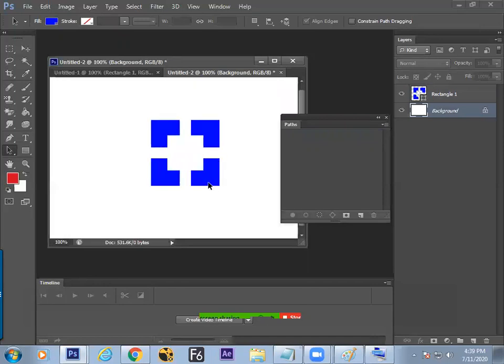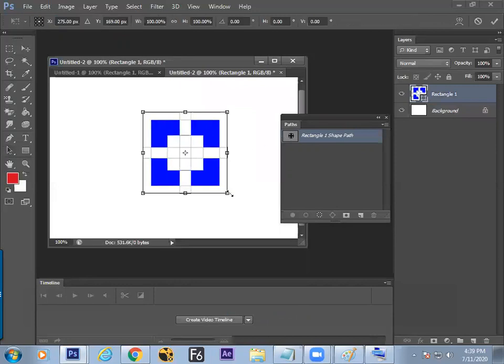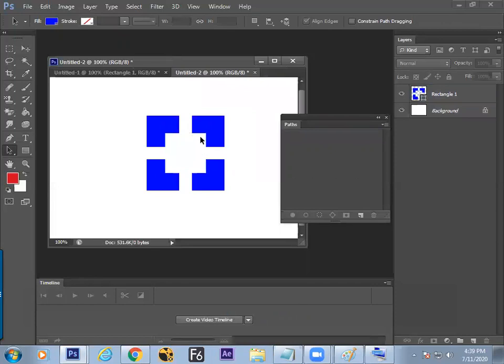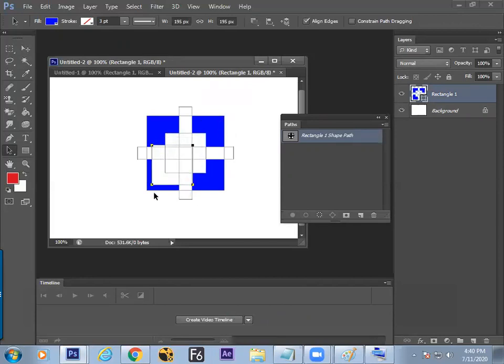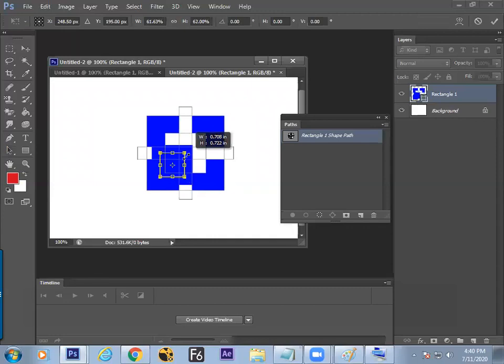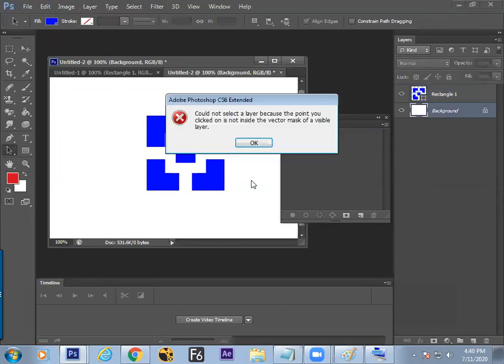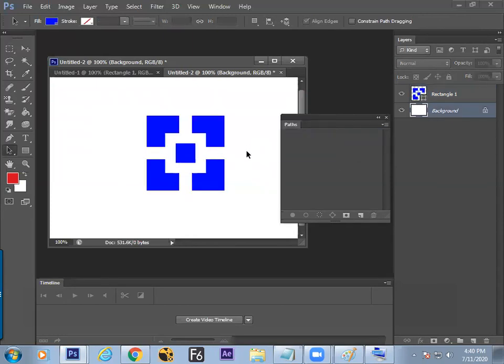Now the advantage of it, we can scale it to any extension, the quality never loses. Second part, we can select any shapes out of it, get it drag, switch to the editing mode. This is possible. Control T, get it transform, bring to the middle, enter, select all, get alignment, perfect. And go to the other layer, find the shape done. And the advantage over here, we can scale to any extension, the quality will never get down.